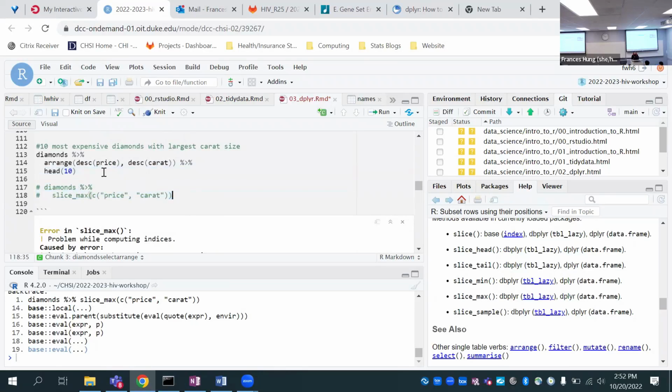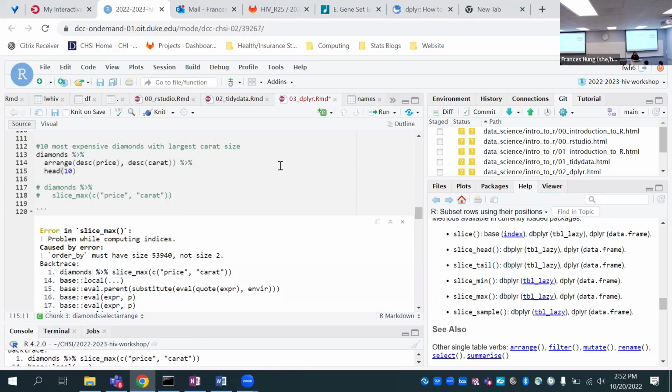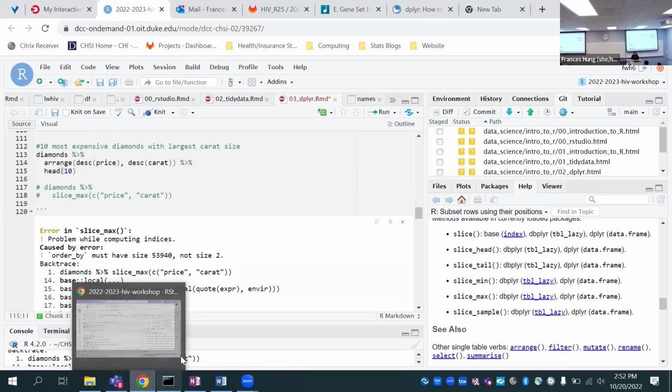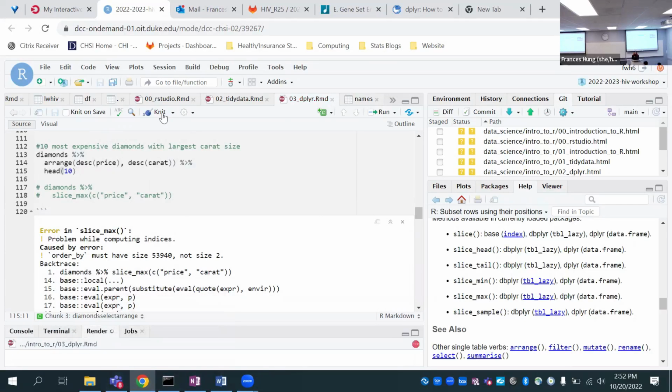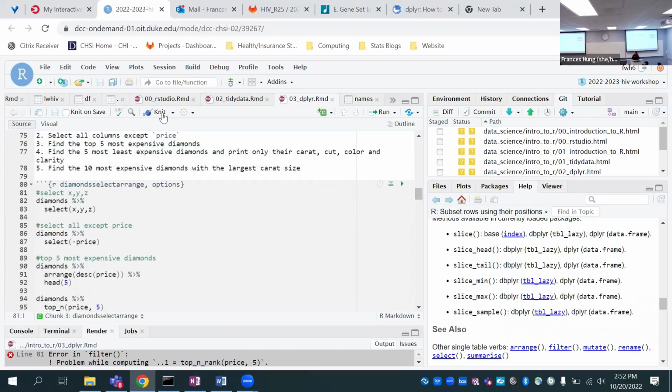Okay, I'll do that later. But this is one way you can do it. Any questions on selecting and arranging? We're just selecting variables we want to look at, and we're trying to sort by different variable values.